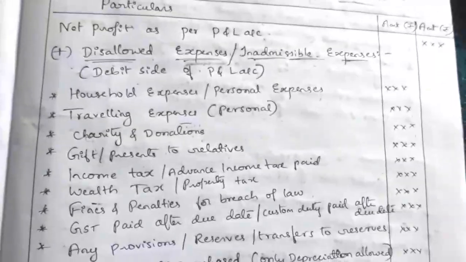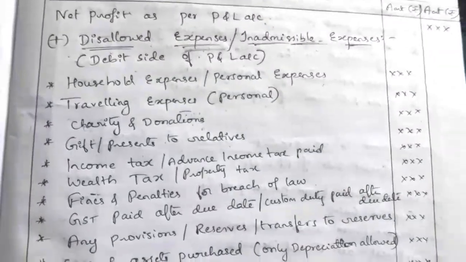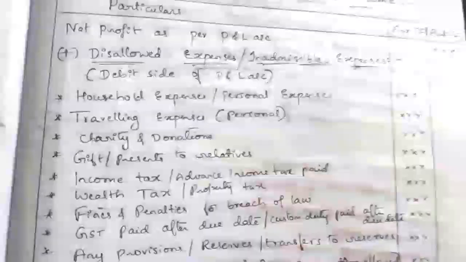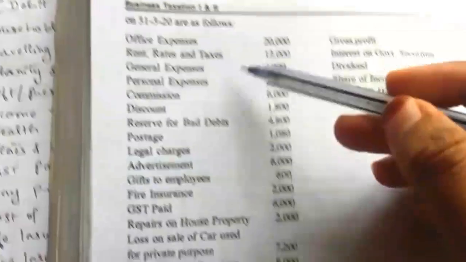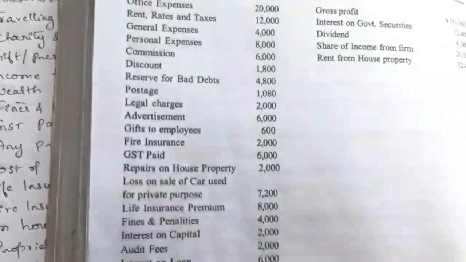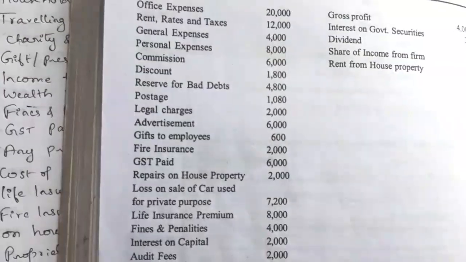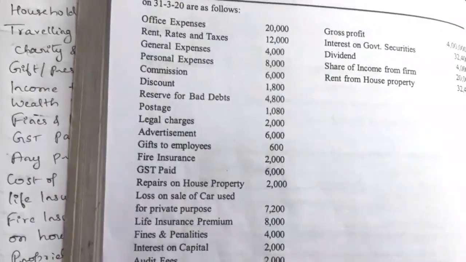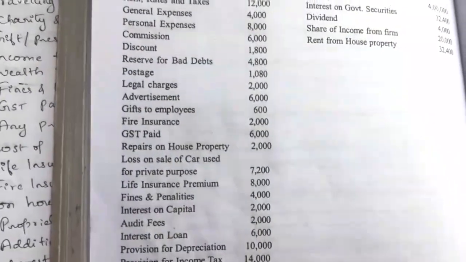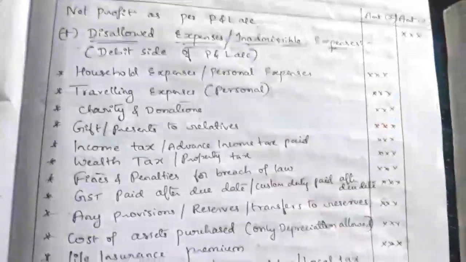We have to write them one by one. This we can see from the debit side of profit and loss account. On the debit side we have to check one by one which are the expenses not relating to a business. Those expenses we have to select one by one,